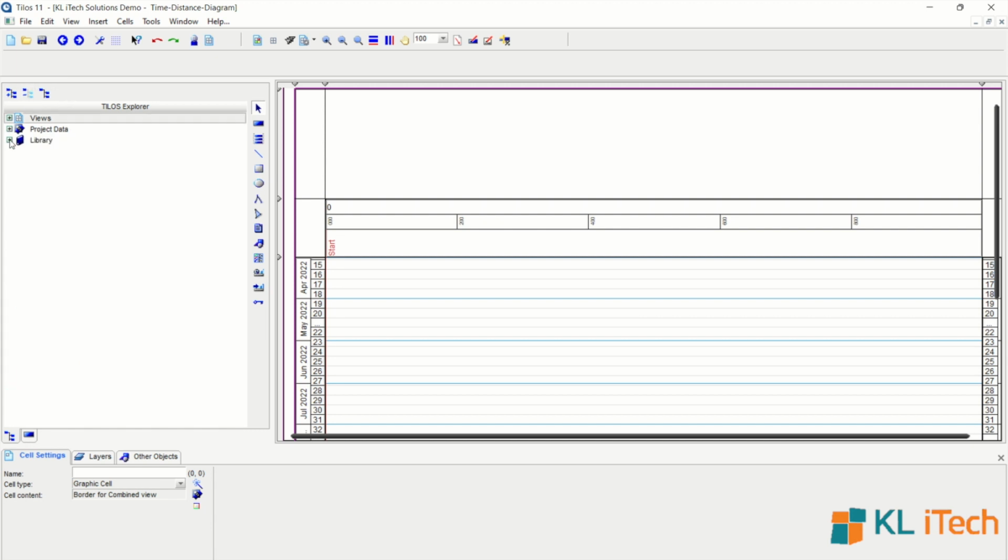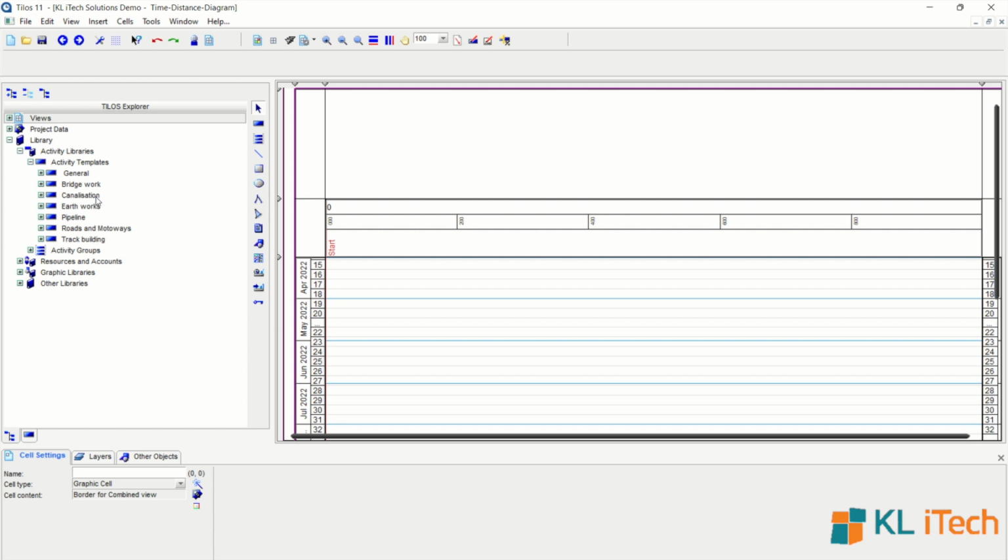Now, going to the third option available is the library, which is one of the most important features of Tilos, which makes it very powerful, because Tilos is filled with a predefined set of libraries for activities, resources, graphics, and other items. Under graphical libraries, you can see there are various activity templates for different types of work: earthwork, pipeline, roads, track building, etc. And the biggest advantage is that we can add more templates under this by configuring it to our liking